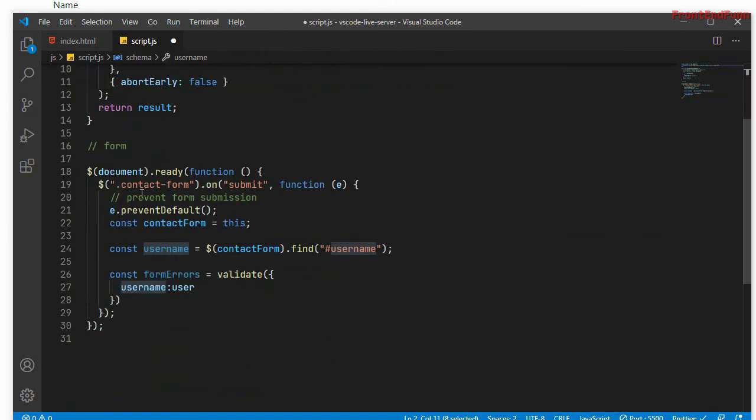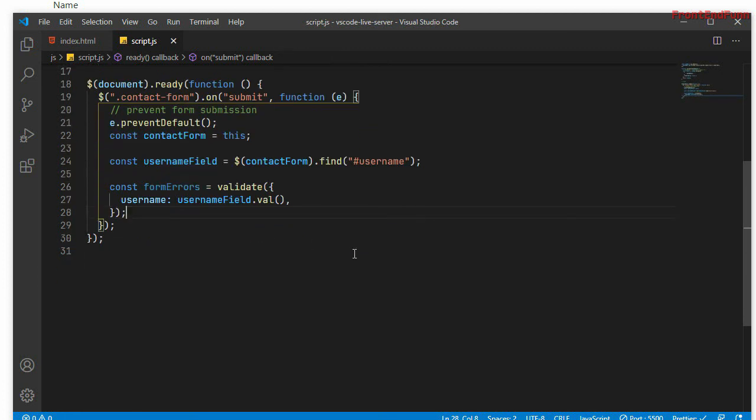This is the key and this is the value. So for the value, you need to write the username field dot value. Fine.